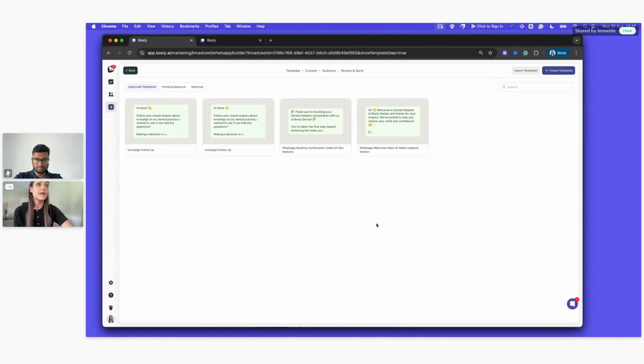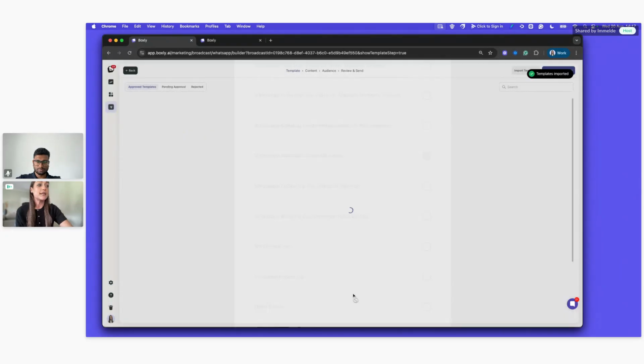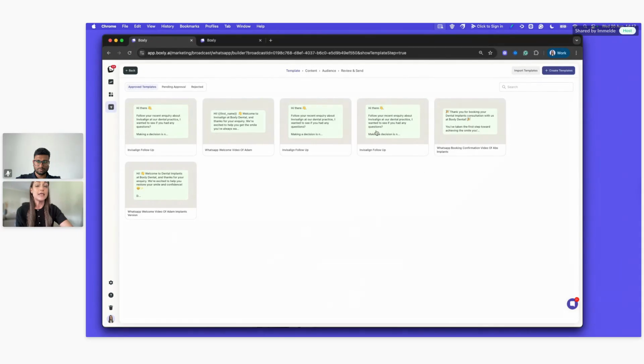With WhatsApp, most of you would have had WhatsApp connected within your Boxy account already, and you would have created templates that have been approved. You can either use those approved templates over here. It might be that you did an Invisalign Open Day automation before and you want to use those same templates, or we can go and create a new one now. If you want to use the templates that you already have approved in Boxy, we can click on Import Templates, select the template we want to import, and then click Import, and that will import that template into here